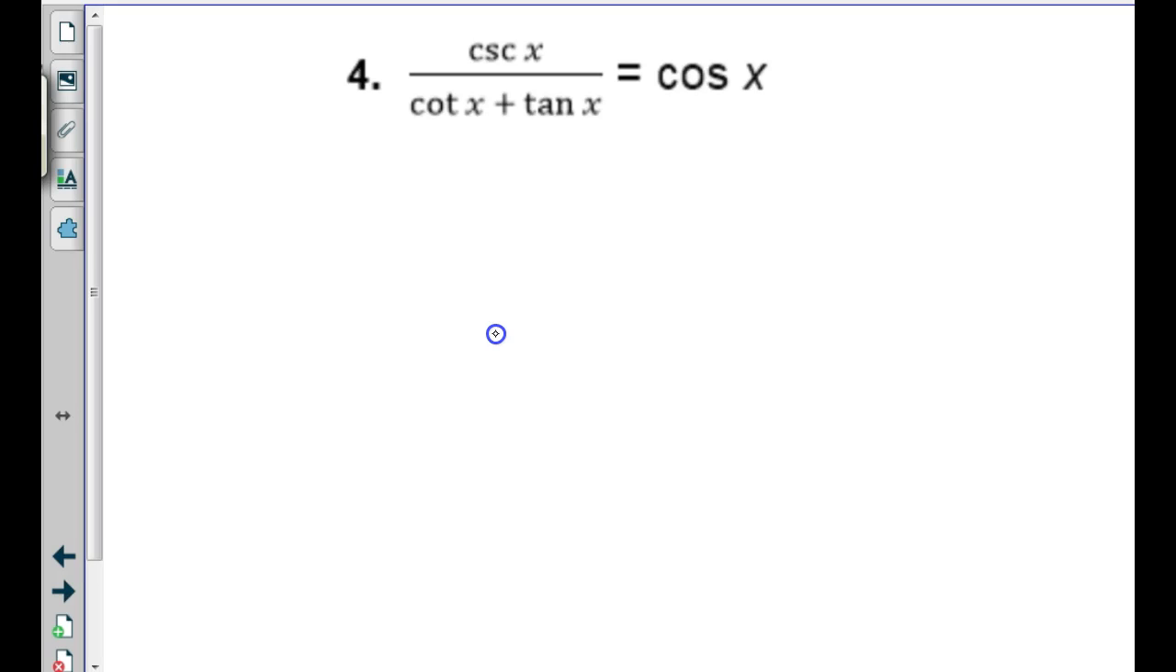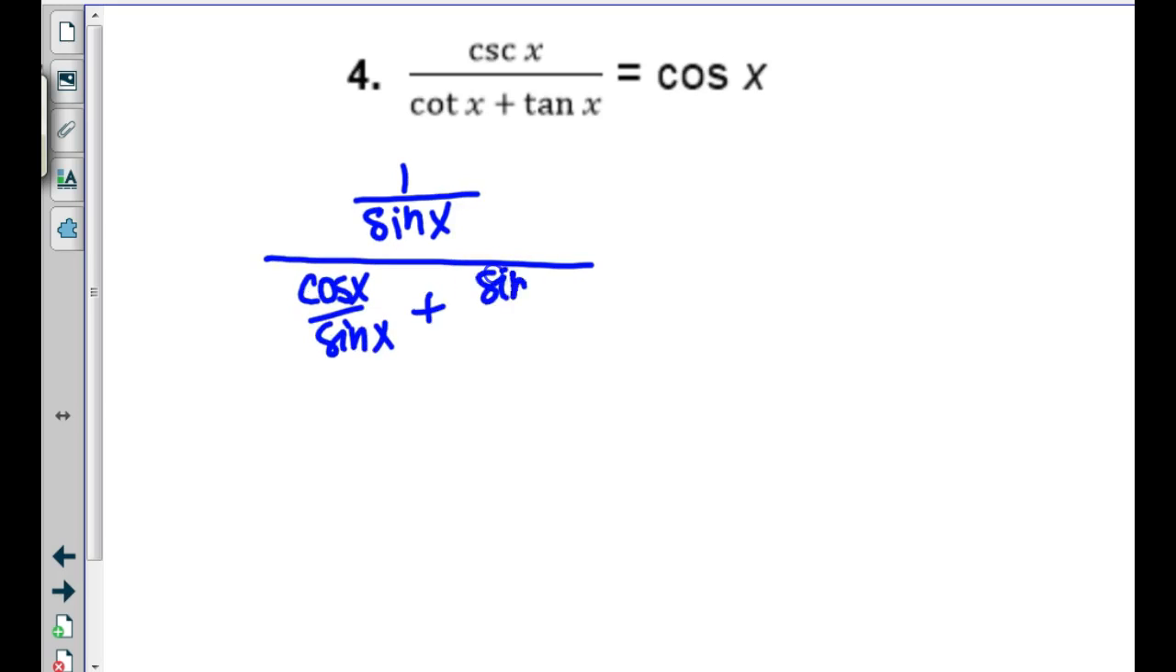All right, this one looks a little miserable. Let's start on the left. That's a great plan. So you want to do sines and cosines? Can I do anything with the bottom? Like, it doesn't have any squares, right? Besides which, I don't think there's a Pythagorean identity with cotangent and tangent. So if I start on the top, I have a 1 over sine. What do I have on the bottom? Cosine over sine